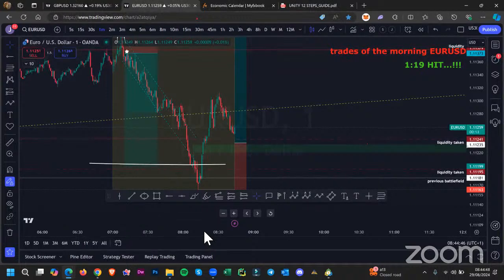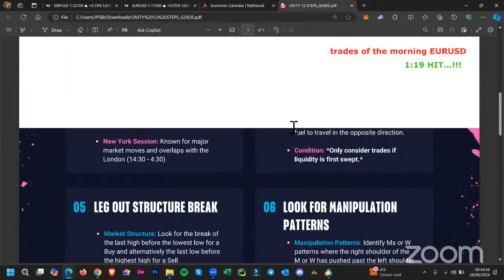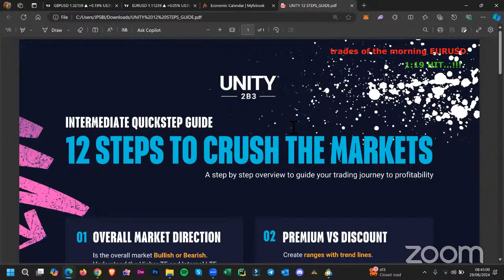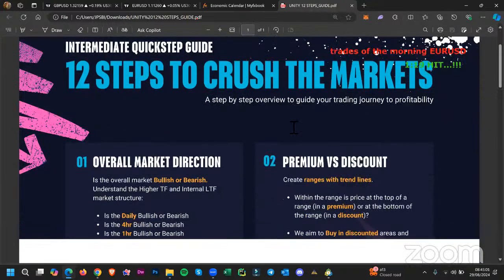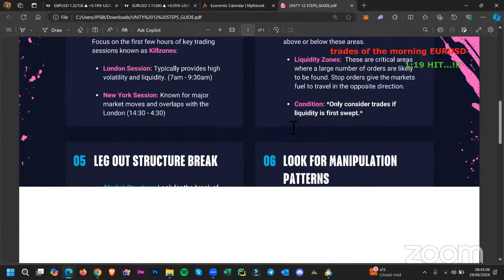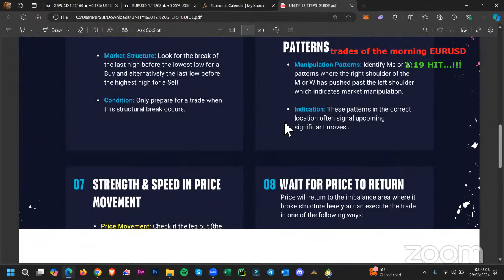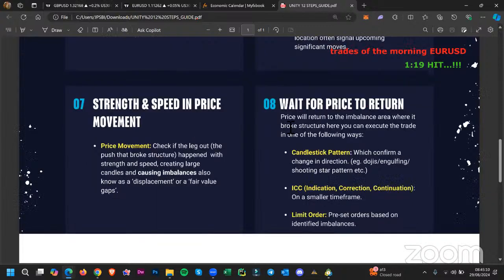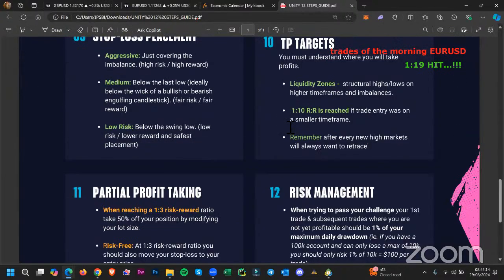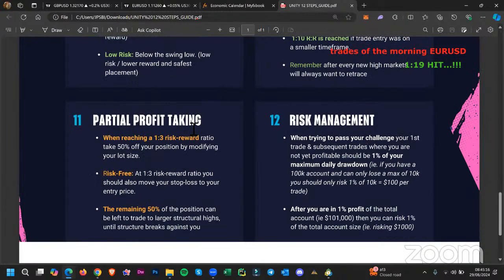So can you see these different plays? Can you see how we're able to understand these markets now? Can you see your better understanding of the markets? Your understanding of this playbook, which, like I said, if this is the only thing your eyes allowed you to see in these markets: manipulation after liquidity's been taken, waiting for the market to tap back in, placing your stop above the high, understanding that where you're taking profit and where the targets are is at the other side of the liquidity, taking partial profits,